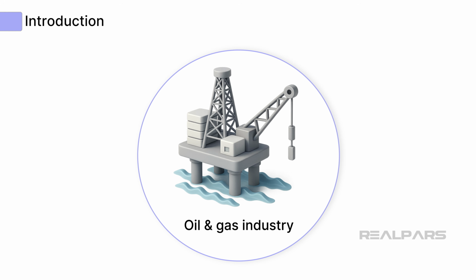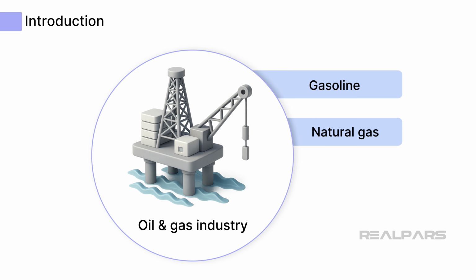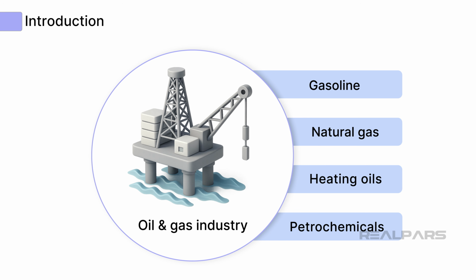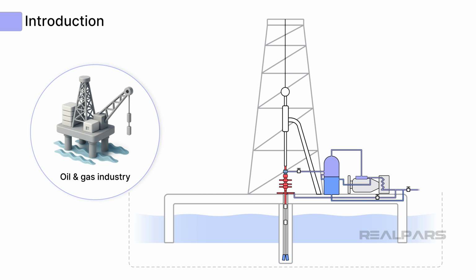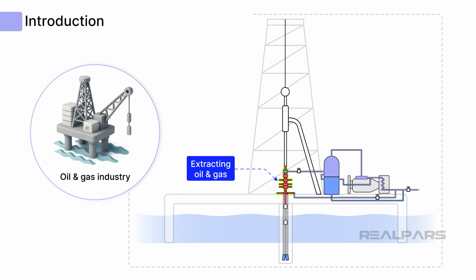The oil and gas industry is a thriving industry that provides gasoline, natural gas, heating oils, and petrochemicals used in making thousands of products we use every day. It takes a lot of coordinated processing steps to extract oil and gas from a well and to refine it